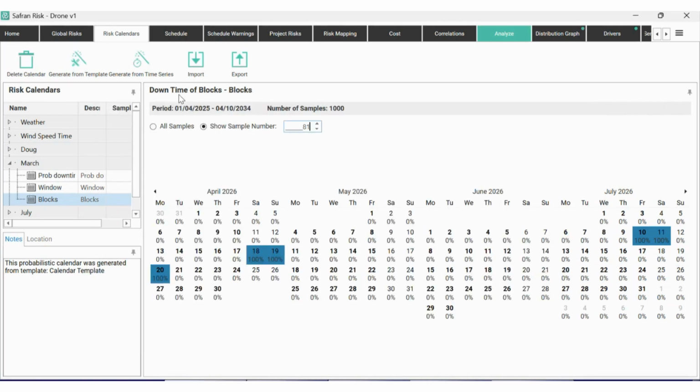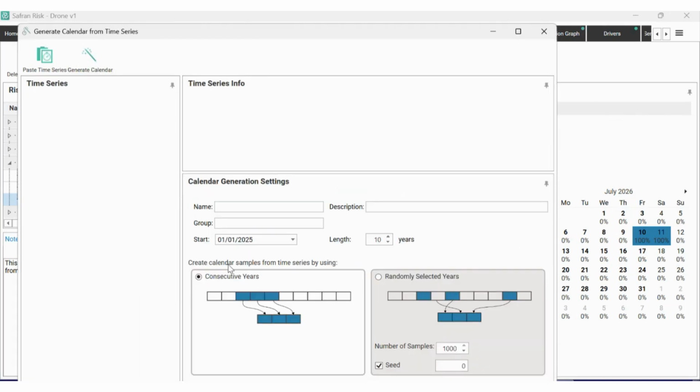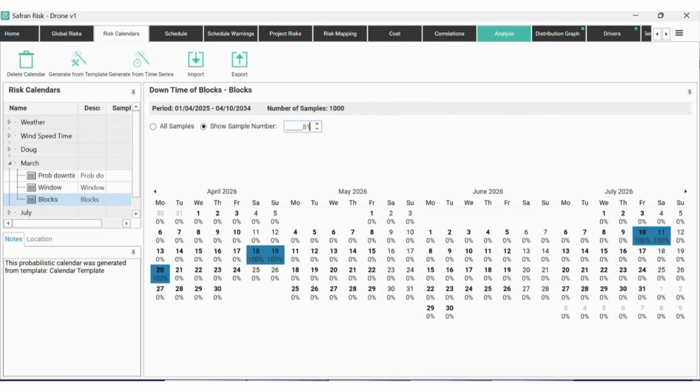But the final thing is if we've actually got some time series data. If we have some time series data, what we're able to do is to use Safran to populate a kind of forward-facing model based on our historic data. And if you've got a trial version of Safran or a full version of Safran already, you can actually